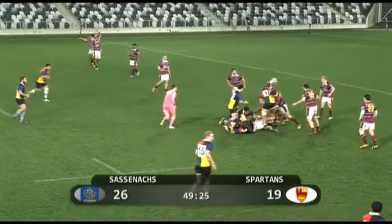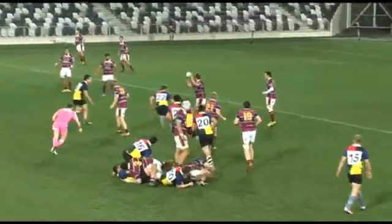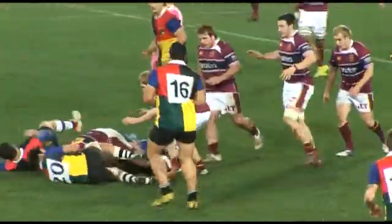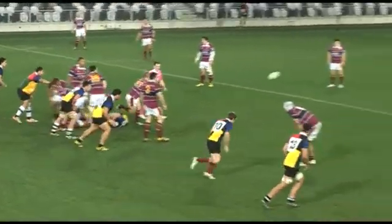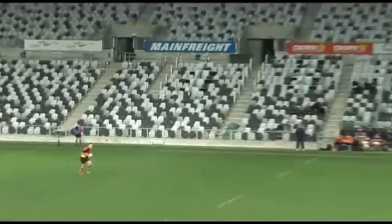So both teams having a little bit of luck with the bounce of the ball, resulting in a try apiece. See what they can conjure up from afar. Dyer having a look at his options, and they're on the back foot at the moment. Trying to change that was to a party with his strength. And get an opportunity through the boot of Eade, who gets lots of distance and gets them out of trouble